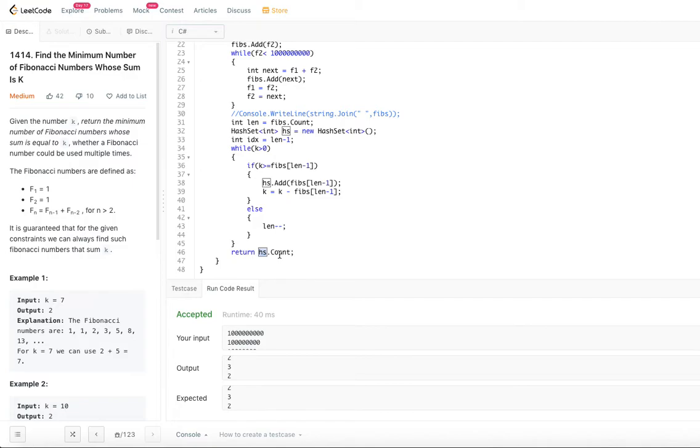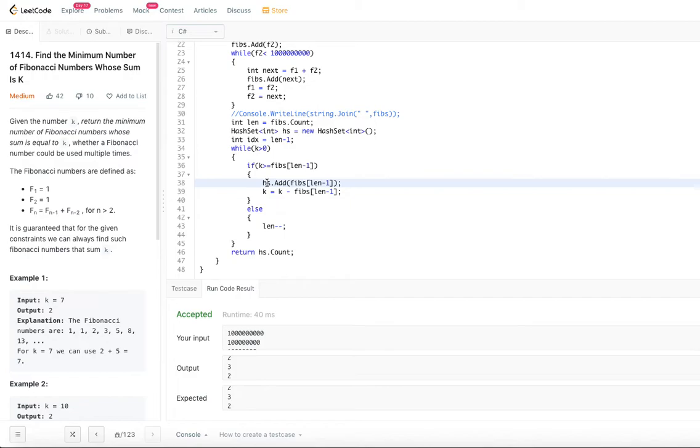Keep in mind, a given Fibonacci number could be used multiple times. That's why, as long as k is greater than fib of len minus 1, we keep on adding it. Even though you are adding the same number multiple times, since it's a hash set, it is not going to add multiple times. Just keep that in mind.